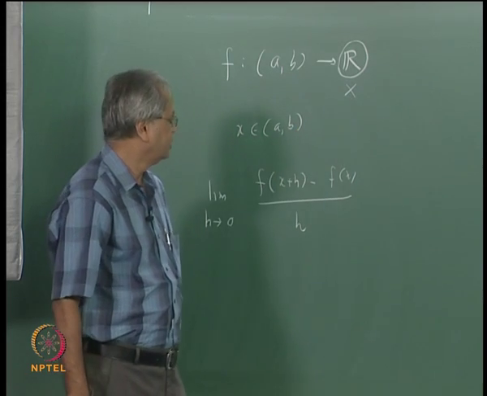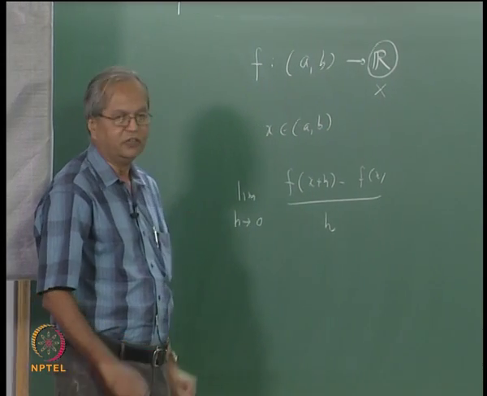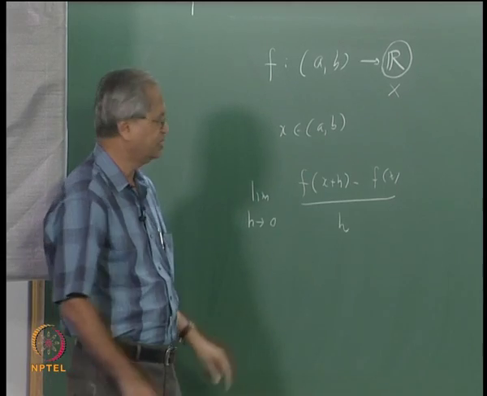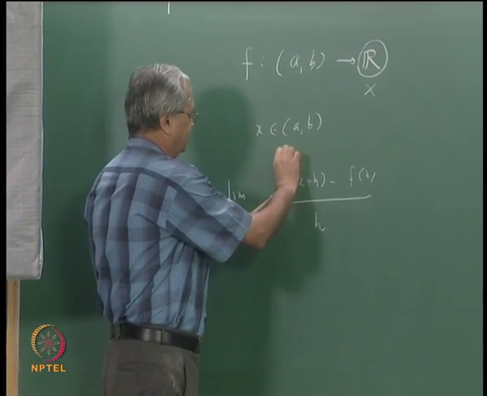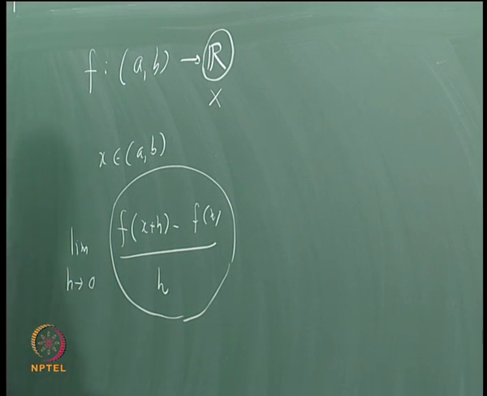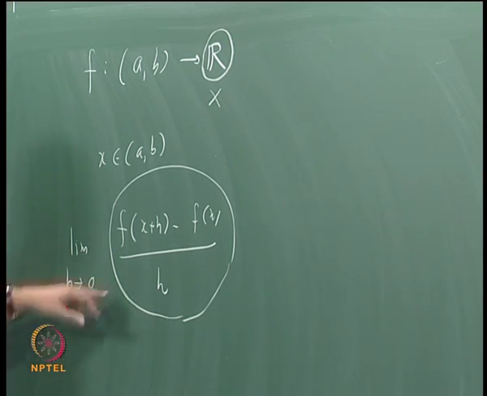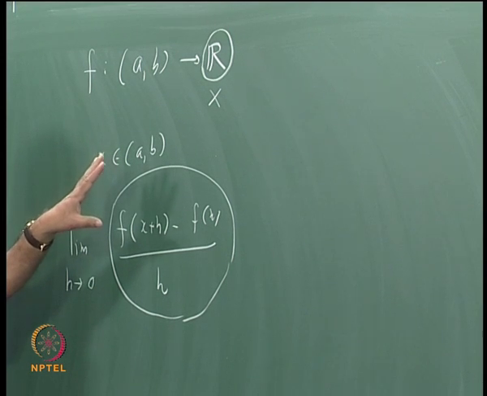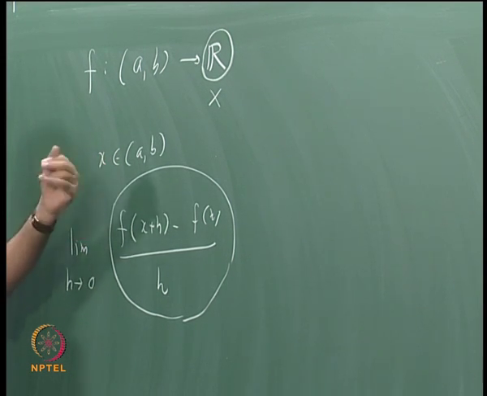Now, but that is not enough. Suppose X is a real vector space, this quotient or this fraction makes sense. But we want something more. We want to take the limit of that as h goes to 0. That means the whole process of taking limit also must be meaningful in that vector space. So you cannot take a totally arbitrary vector space.